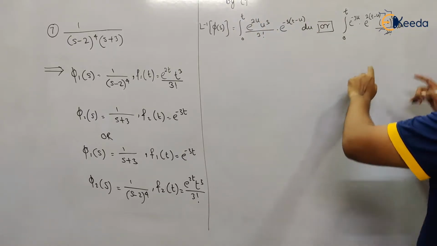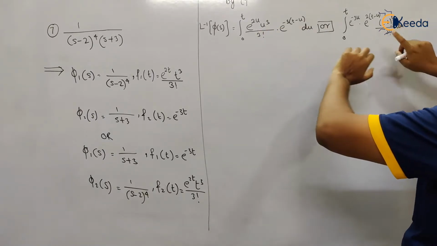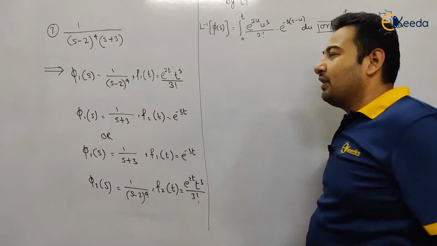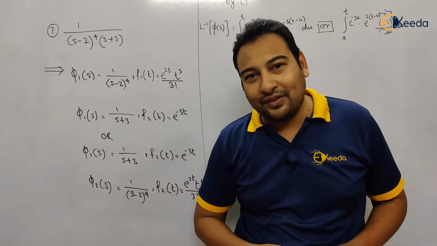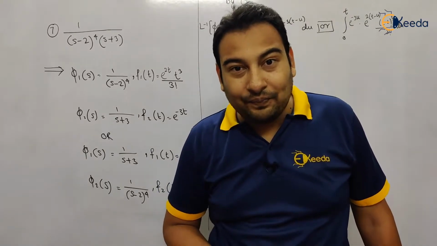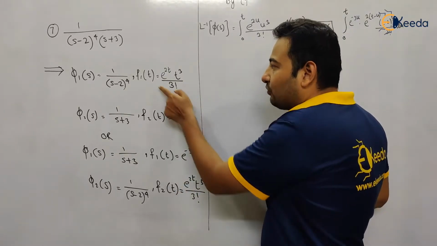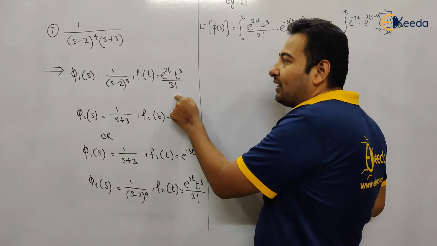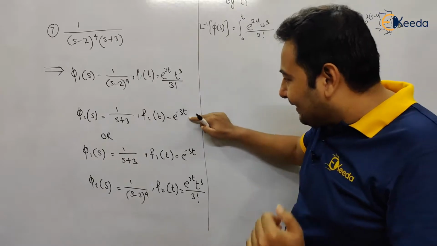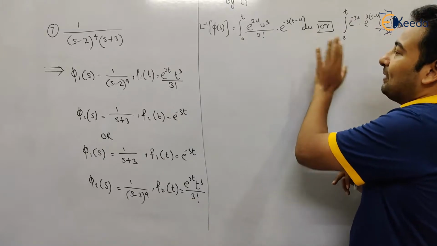Obviously the first one, because see here this term (t minus u) the whole cube will make your life difficult, and this is much simpler to integrate. So if you compare, this one is simpler to integrate, therefore I'll go ahead with this. So what's the conclusion from the whole story? The conclusion is, whichever is the complicated term, in that term put u in place of t, and in the second term which is simpler, in place of t put t minus u, so that your life will be simple.